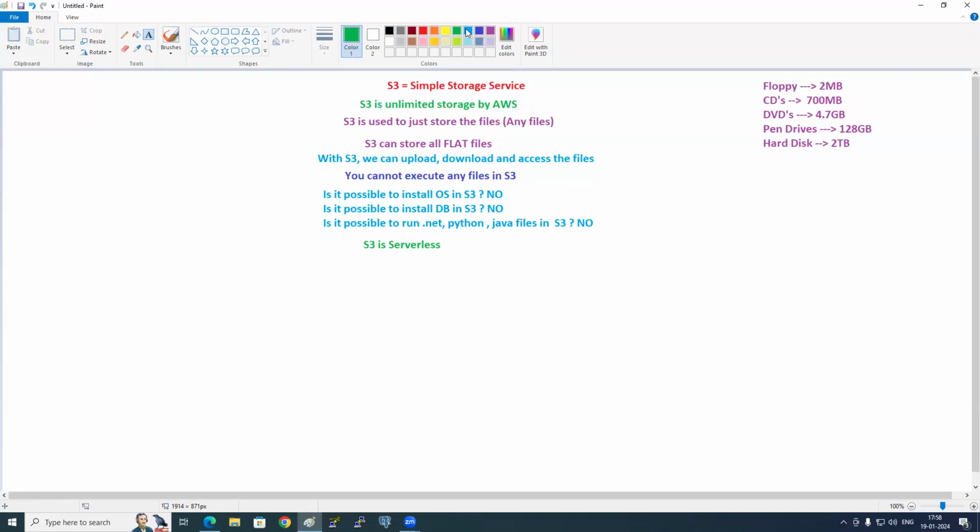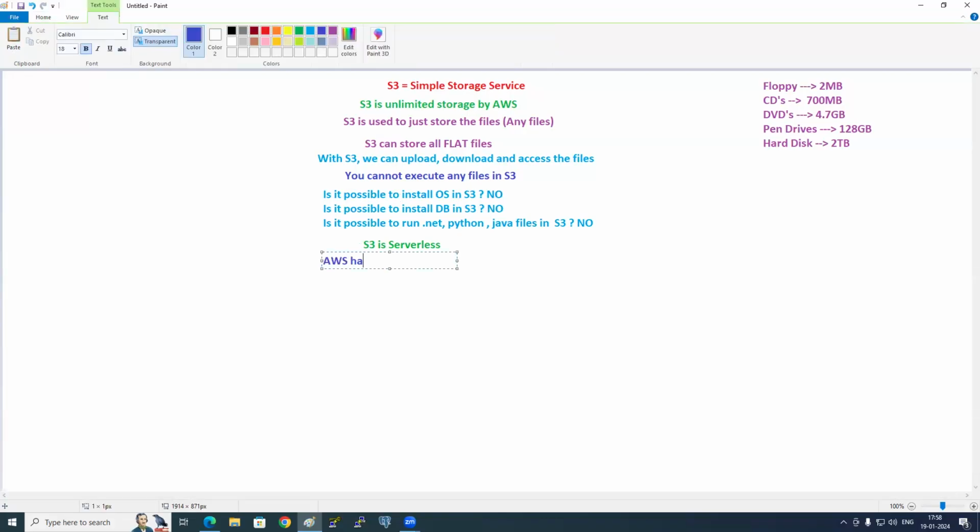No. Who handles all these things? AWS. AWS handles high availability, performance, scalability, etc. for S3.